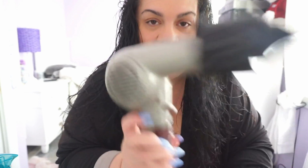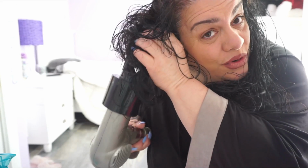And you don't want to put it on the highest setting, and you don't want to put it on the hottest setting, because that can damage your hair. So put it on like a medium, and every once in a while you can do a cool shot, which is very, very good for your hair too. So let's get started. So first thing I'm going to do is, because it has the little teeth here, I'm going to